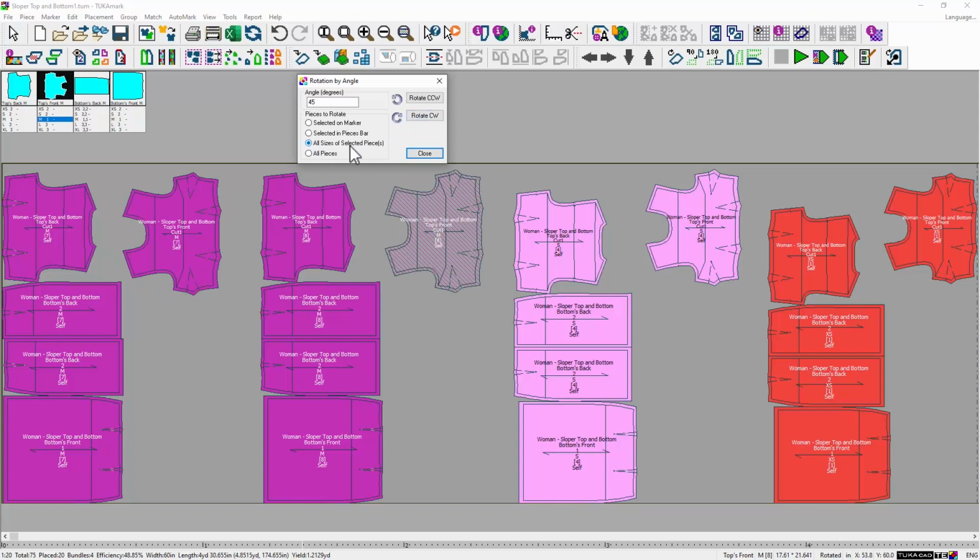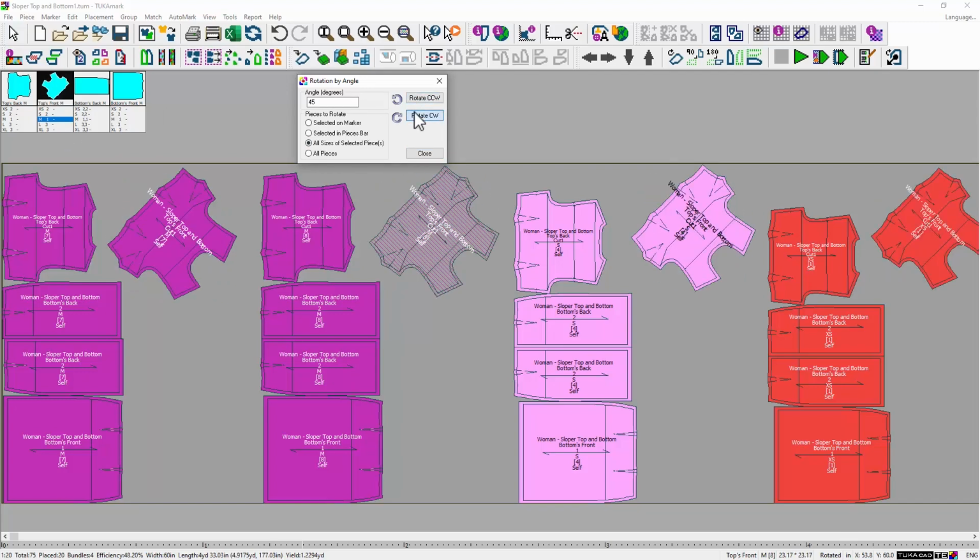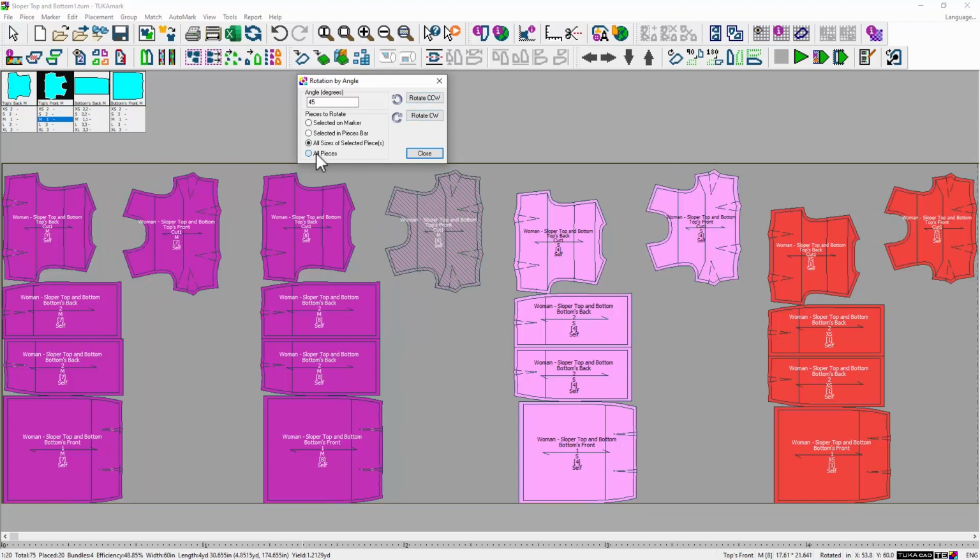All sizes of selected piece rotates all sizes of the selected piece, in this case all top front pieces in all sizes. All pieces rotates all pieces in the marker file,